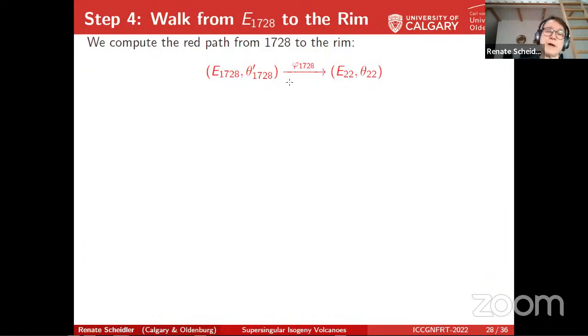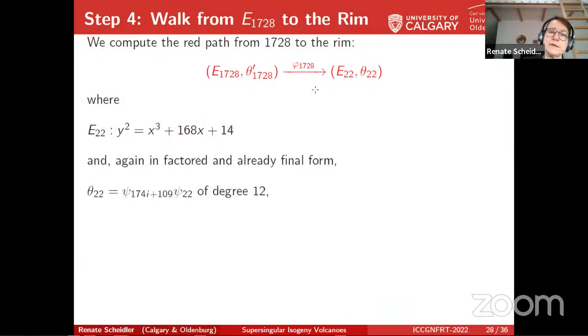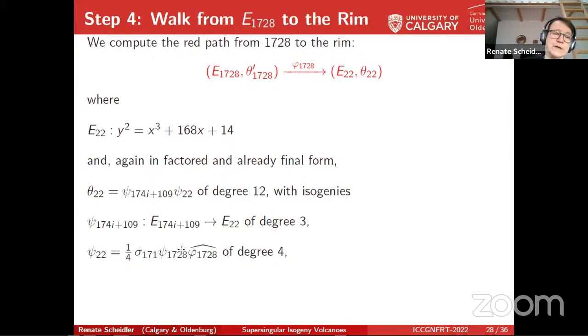Okay, so we go one up. We compute this red path. We now have to divide by 2. So this is the new target curve, and I didn't write down the isogeny. And this is the new endomorphism. This has degree 3, so it's a product of these two isogenies. One goes from this curve to this curve, has degree 3. The other one goes from this curve. I've already written this in factorization, so you divide by 4 here. This has degree 4, and